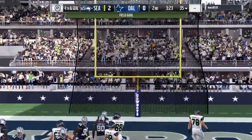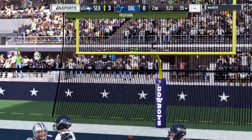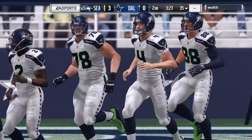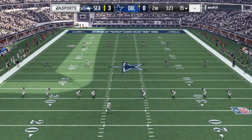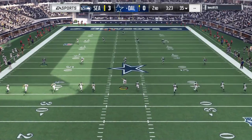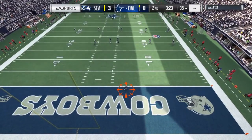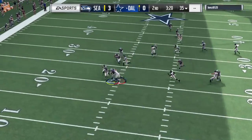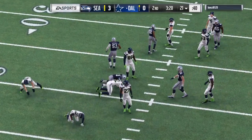And Hauschka's kick is good. And Hauschka happy to see that one go, especially coming off that tough game against Arizona where he missed the gimme 27-yarder in overtime that would have gotten him the win. And he is usually automatic in those situations. And what I liked after the game was hearing his head coach, Pete Carroll, place no blame on him for that one. He talked about how many big kicks